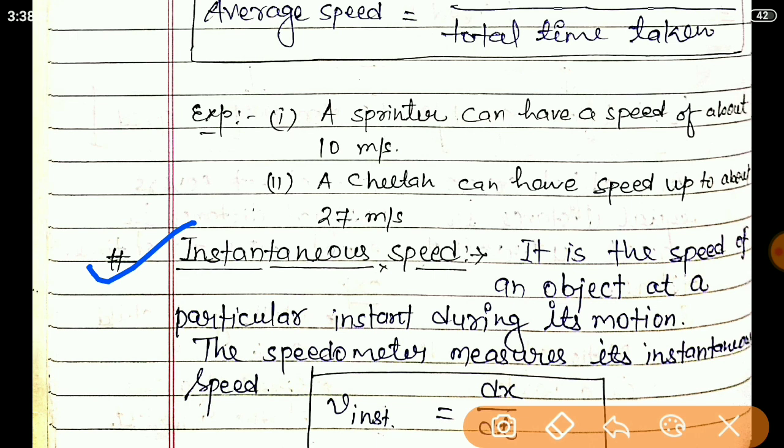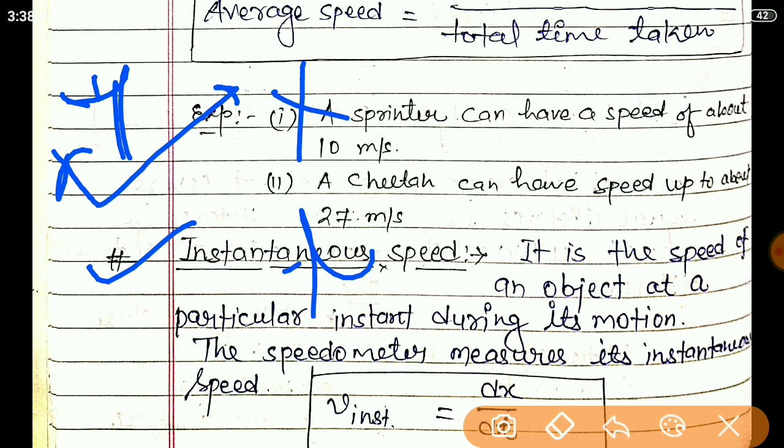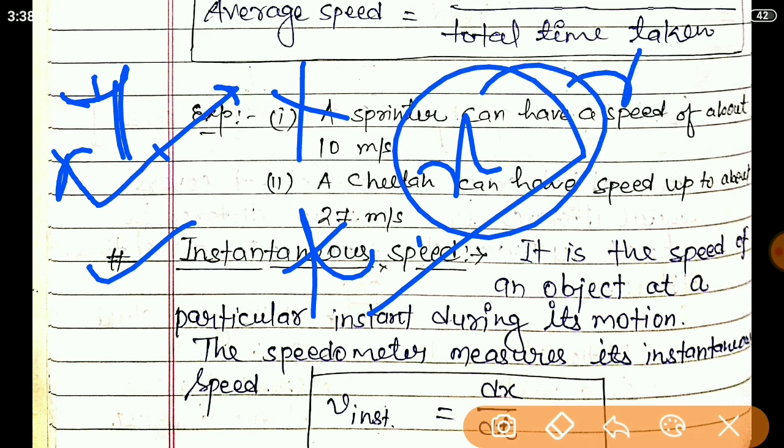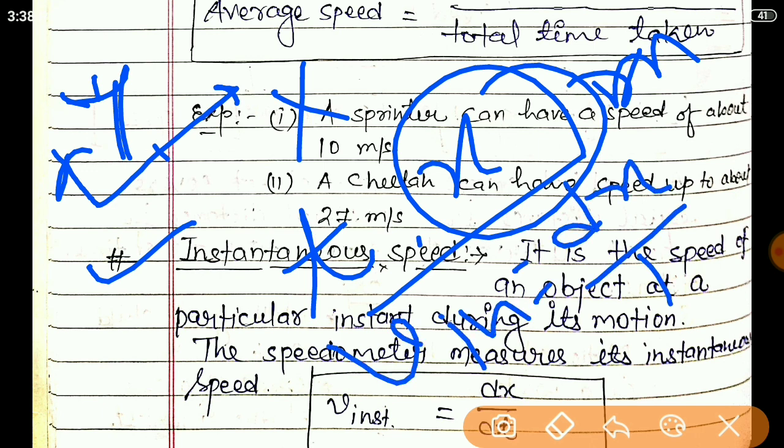Suppose that an object is performing motion in the x direction, and suppose that at time t the object covers distance x meters. So in this case, the instantaneous velocity can be given as v instant equal to dx upon dt, where dx is a small